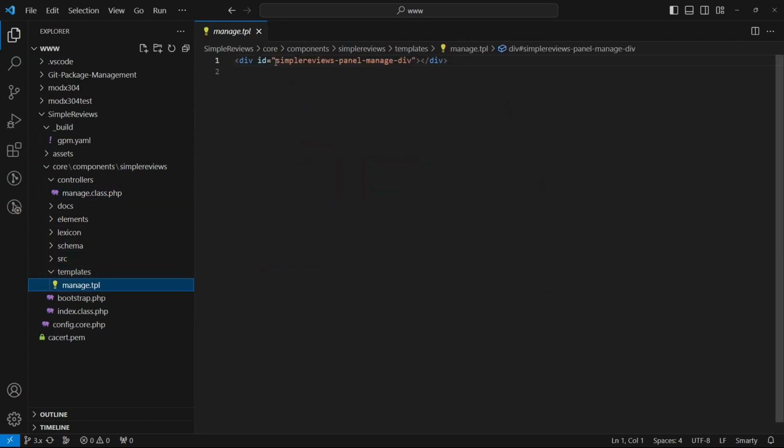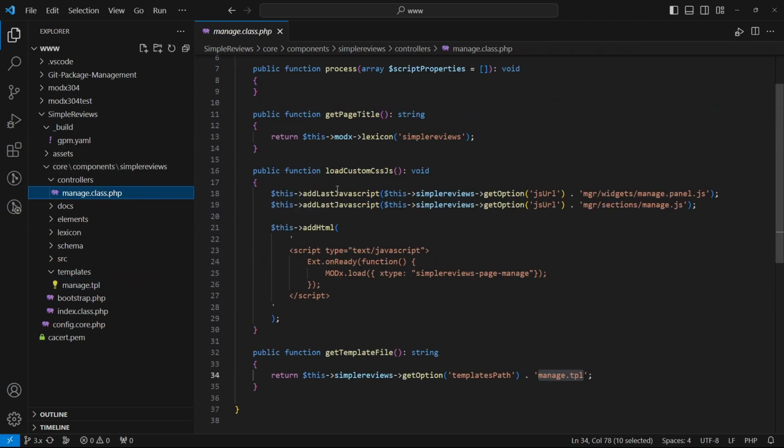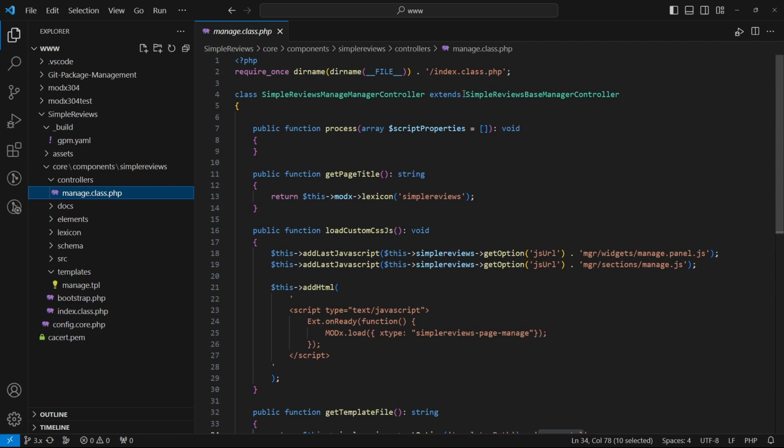The template contains only a single div element with the ID SimpleReviewsPanelManage-div. The rest of the page content is all created in JavaScript. There are quite a few files involved in the JavaScript part, so bear with me. Our controller class has a parent class, SimpleReviewsBaseManagerController. This class is located in the file